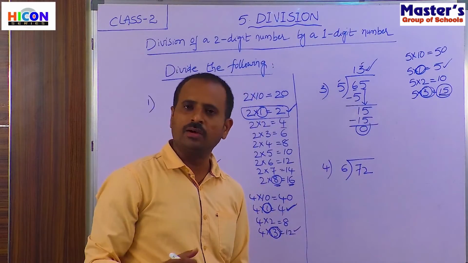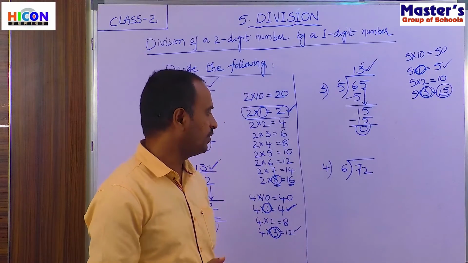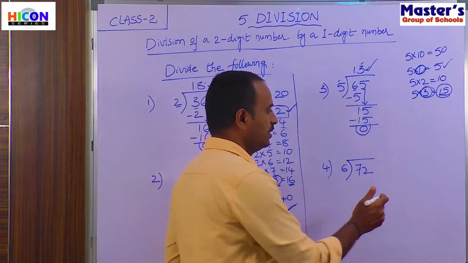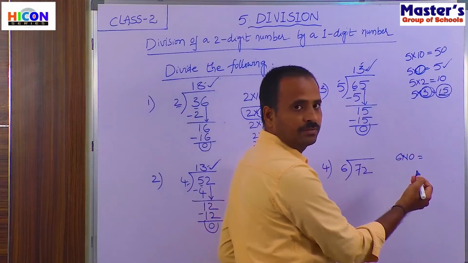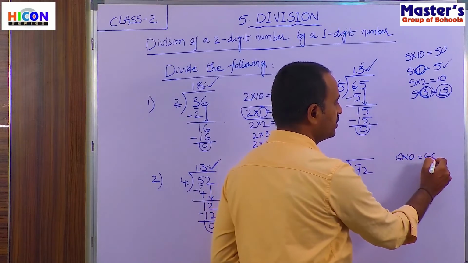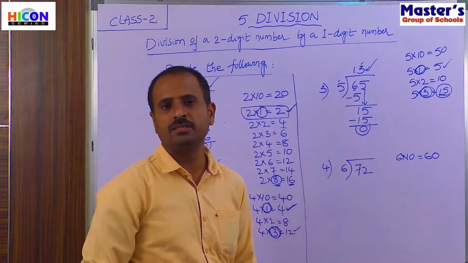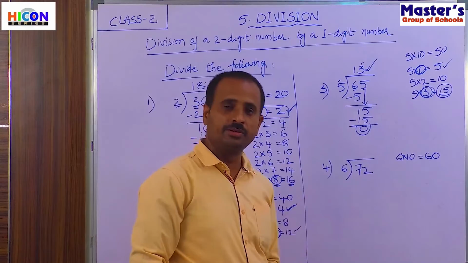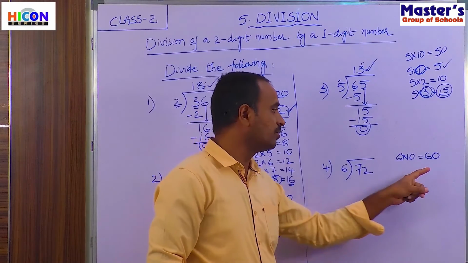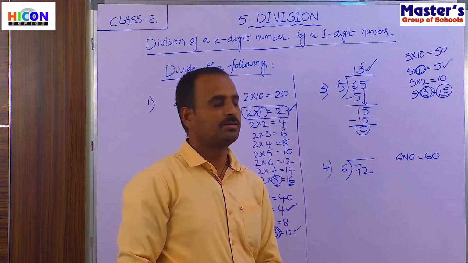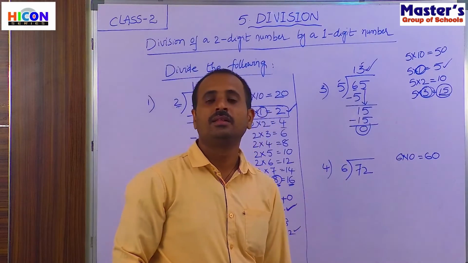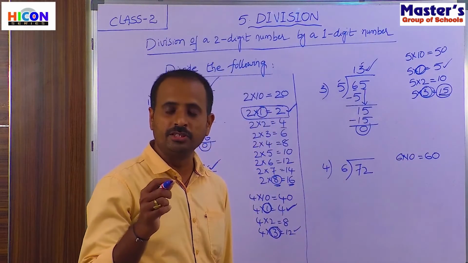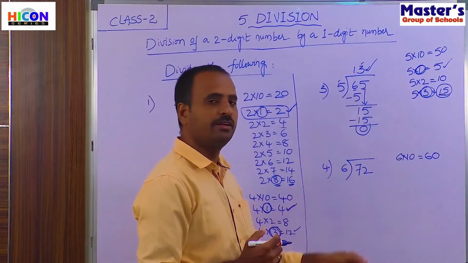So now let us find when the number 72 comes in the sixth table. All the tables we have learned are only up to 10 times. So first find 10 times 6. That is 6 into 10. Children, how much is 6 into 10? 6 tens are 60. But the dividend is 72, and this 72 is more than 60. So if the dividend is more than 10 times the divisor, then take each digit separately in the dividend.